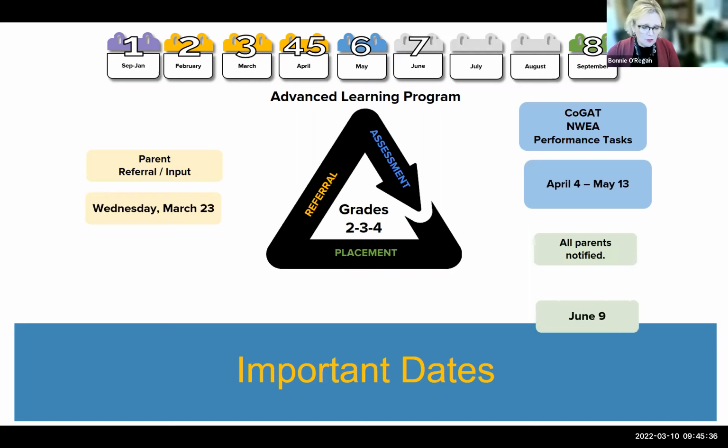The last date is when you will be informed of the committee's placement recommendation. Emails will be sent on Thursday, June 9th and Friday, June 10th. Included in this email will be scores from all of the assessments your child took and an invitation to a webinar, where we'll be talking more deeply about each of the scores and how they're interpreted.